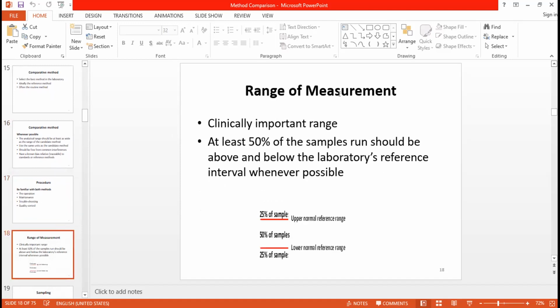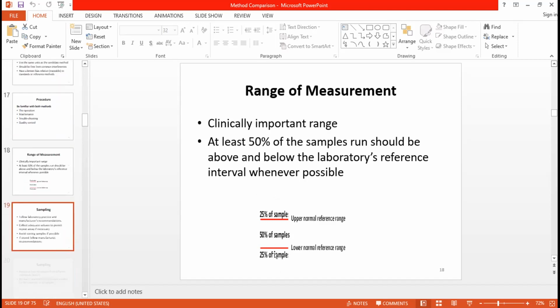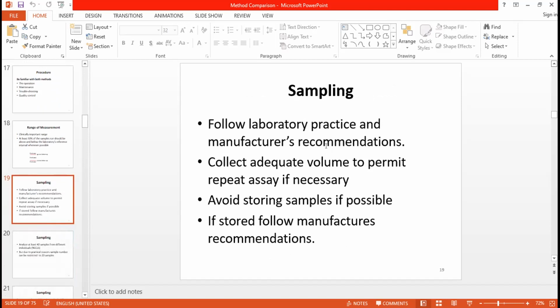The measuring should cover the clinically important range, and at least 50% of your samples should be above and below the laboratory reference interval. Sampling should be done in accordance with the manufacturer's recommendation, and you have to collect an adequate volume to permit repeat analysis if necessary. Storing of a sample is best avoided, and if you do, you have to follow the